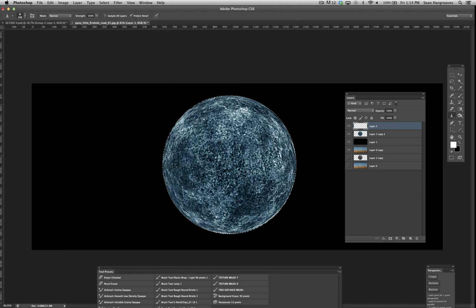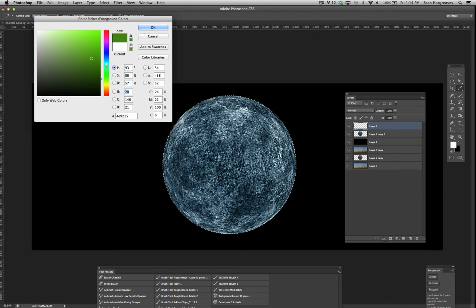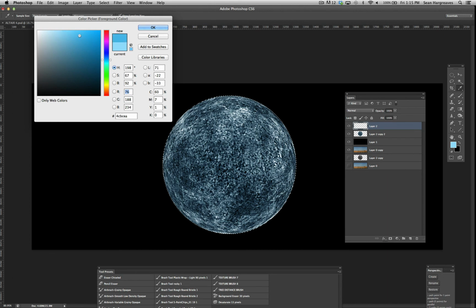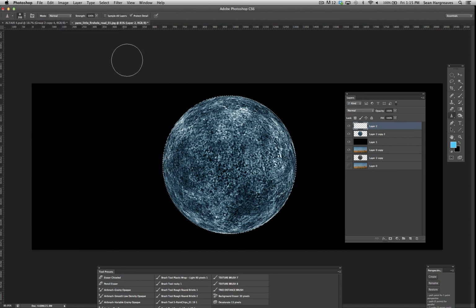Disappeared. So we'll add some atmosphere here. Let's go over here. We'll base this kind of on an earthy atmosphere. Let's try this kind of blue here. Maybe a little richer. Let's do something a little richer. So we're going to do a couple of layers of atmosphere. So we've got this color. We're going to add an atmosphere ring around here,